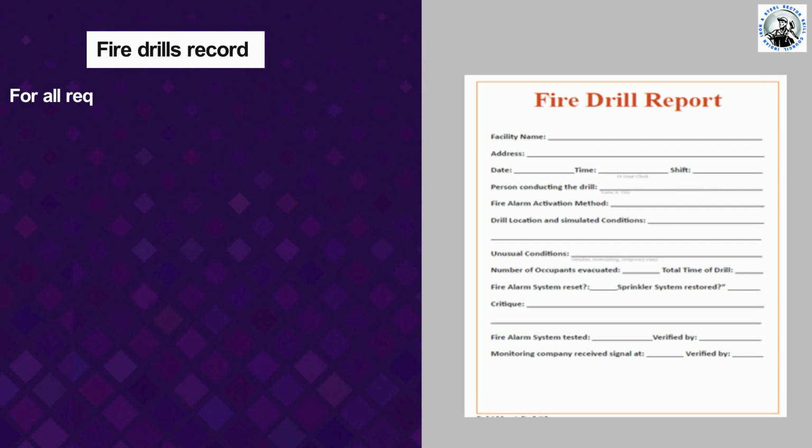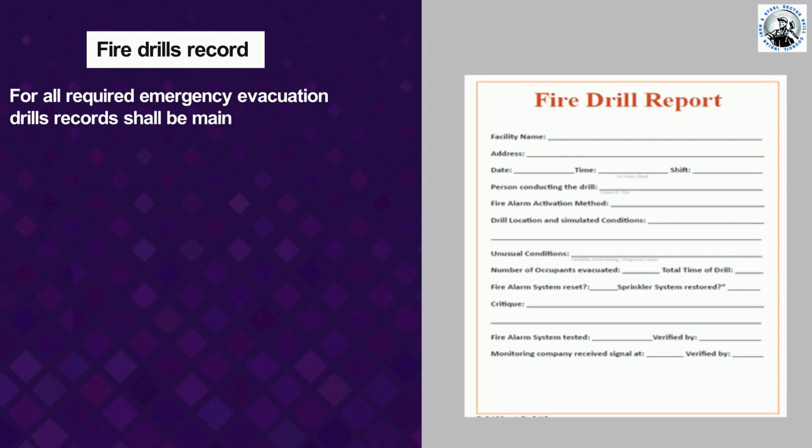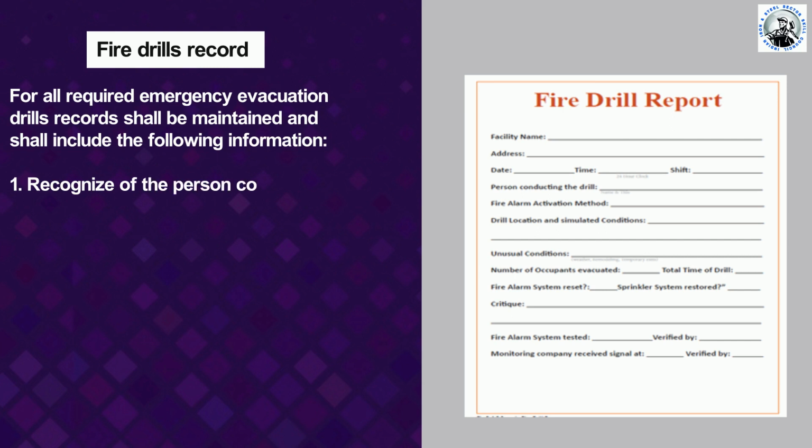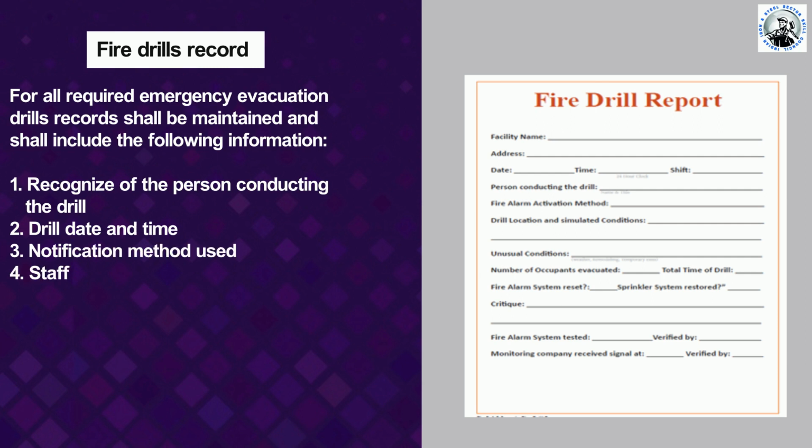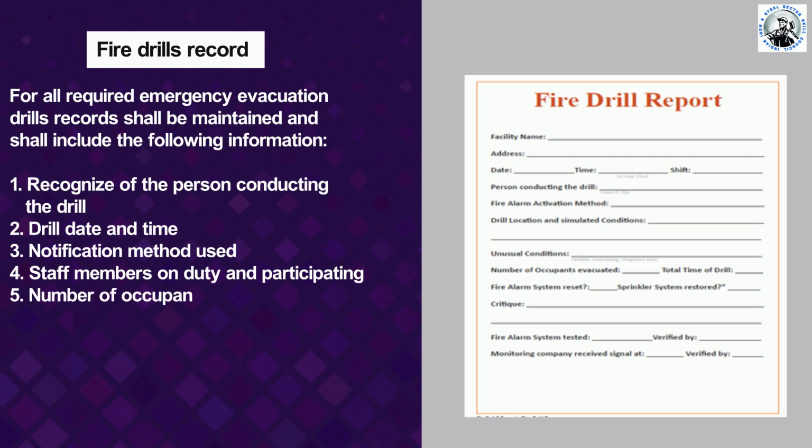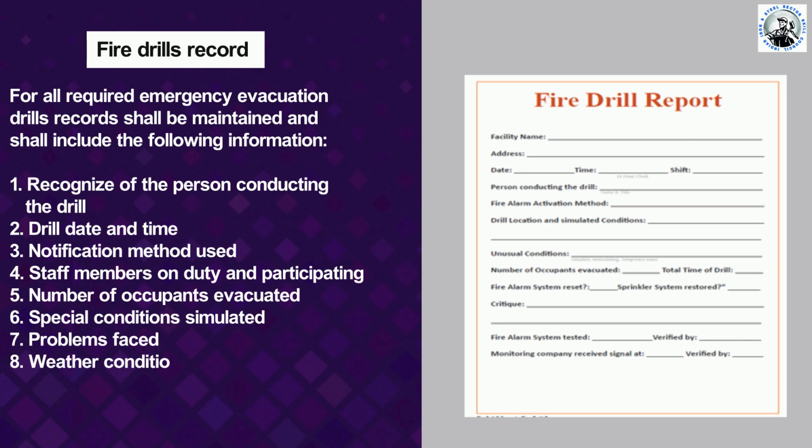For all required emergency evacuation drills, records shall be maintained and shall include the following information: name of the person conducting the drill, drill date and time, notification method used, staff members on duty and participating, number of occupants evacuated, special conditions simulated, problems faced, weather conditions when evacuating outside, time required